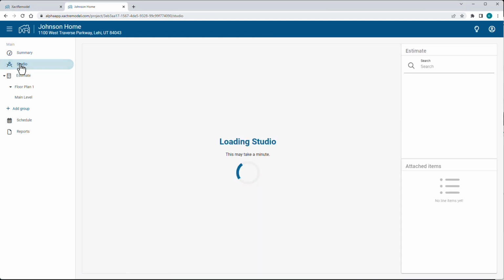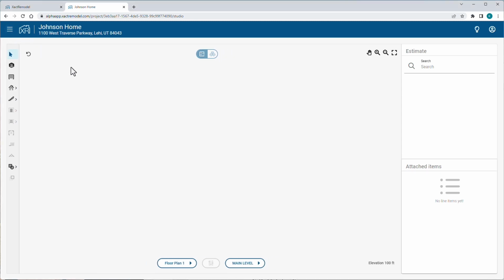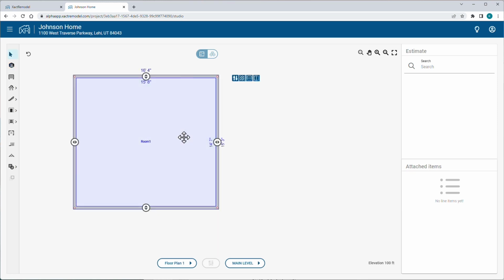You click Studio to get the plan drawing screen. You want more room to draw, so you click the hamburger menu to collapse the side menu into icons. You could also click the full screen button. To get a zoomed-in view, you click the Zoom In tool 3 times. You start by selecting the Room tool. The Johnson's kitchen is 16 feet 4 inches by 14 feet 8 inches. To start a room, you click and drag until you have the dimensions of the room. You don't worry if your dimensions aren't perfect. You can edit those later by clicking them.